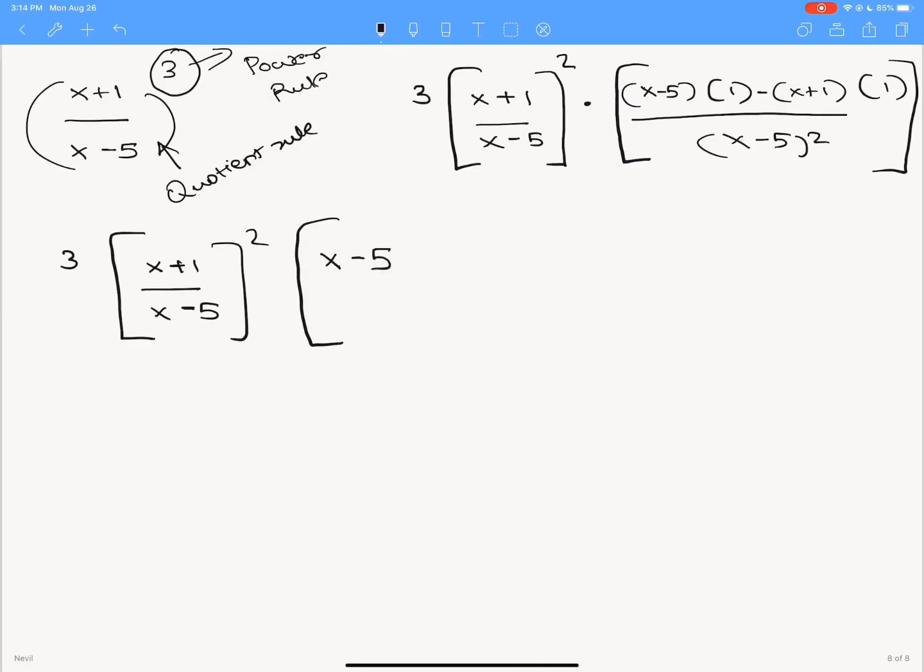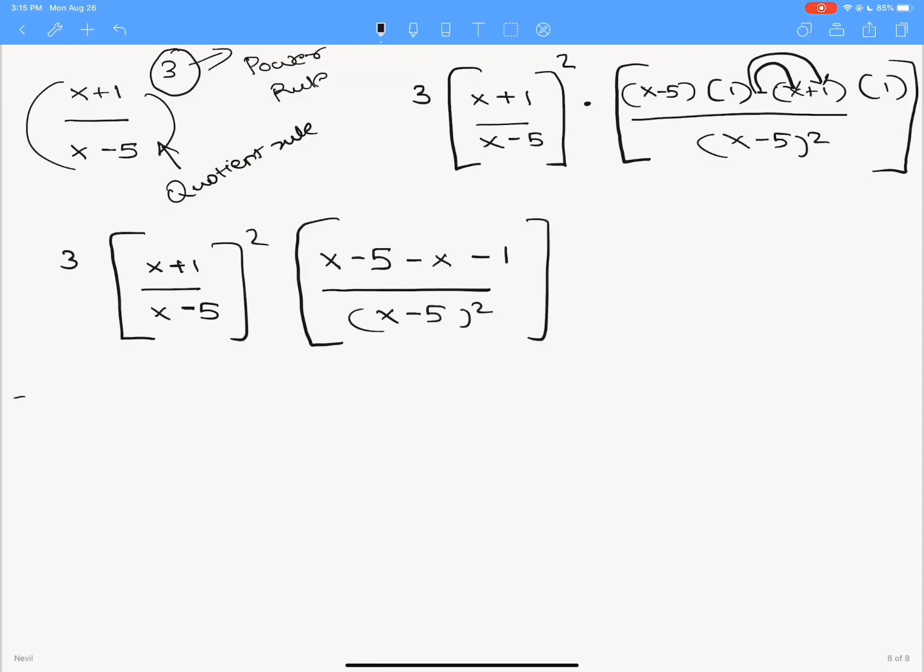And then I have minus x minus 1 because this minus goes into here and this minus goes into here. So that gives me minus x times 1 is minus x, and minus 1 times 1 is minus 1. Alright, divided by x minus 5 the whole square,